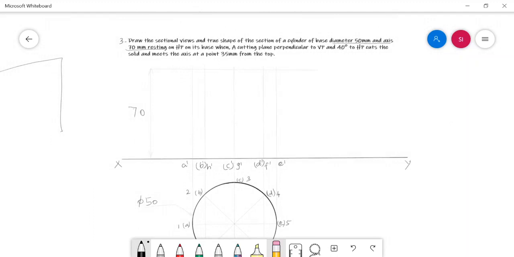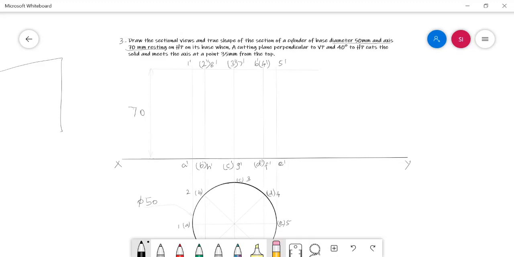Similarly, in the face, 1 dash, 2 dash, 3 dash, 4 dash, 5 dash, 6 dash, 7 dash, and 8 dash. Now the projection of the solid is over.